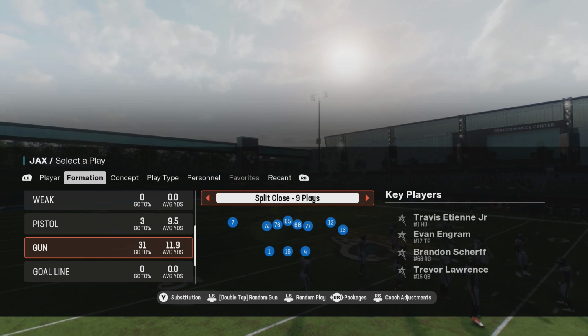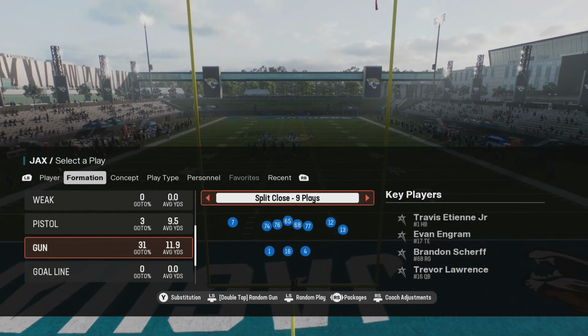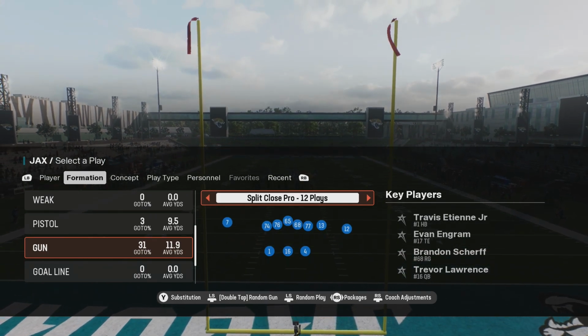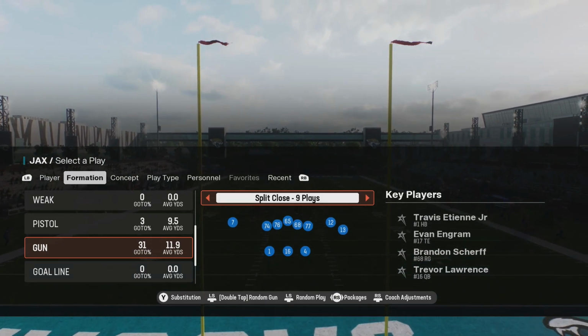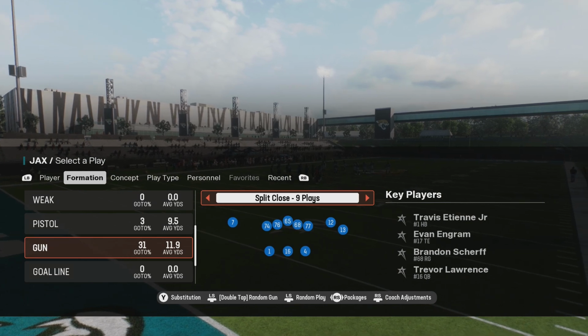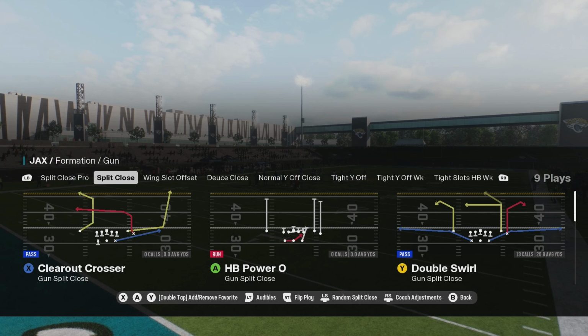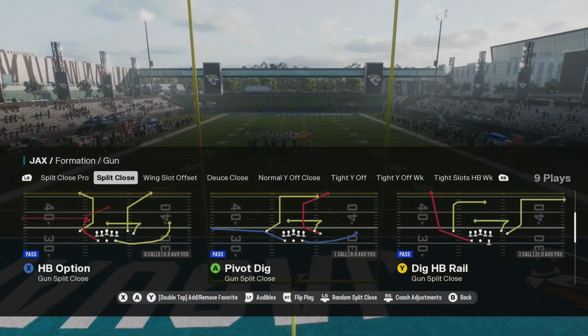In this video, we got a nice money play setup for y'all out of the gun split close. Now, we did just drop that glitchy setup out of the gun split close pro, which is in the Dolphins. This formation is actually found in a few more playbooks, which is the 49ers, Cardinals, Dolphins, Jets, Steelers, Texans, and Colts. The play we're going to be rocking with is the double swirl, but I do like this formation because